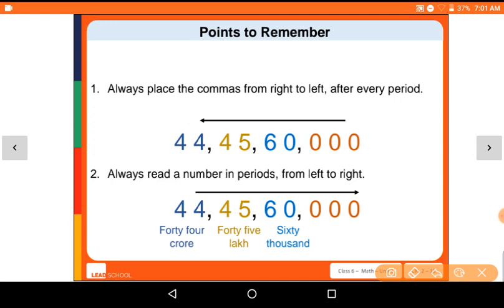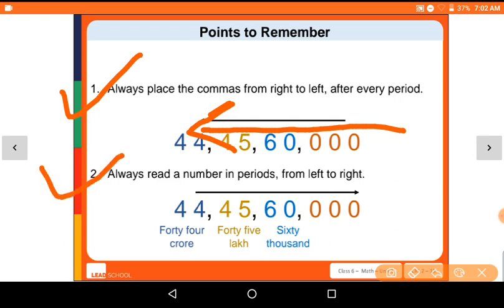हमें कैसे कॉमास पुट करना है? From right, यहाँ से हमें स्टार्ट, आपके नंबर के सामने की मतलब राइट साइड से आप स्टार्ट करेंगे और लेफ्ट की ओर जाएंगे। While always placing the commas, the first thing you must always remember is that जब भी आपको कॉमा रिप्रेजेंट करना है तब आप राइट साइड से लेफ्ट साइड की ओर जाएंगे।